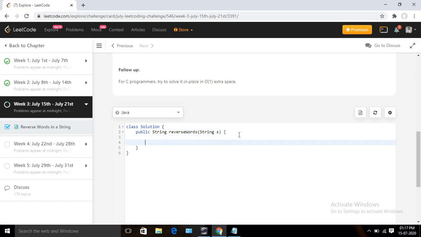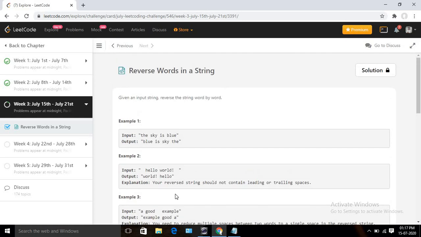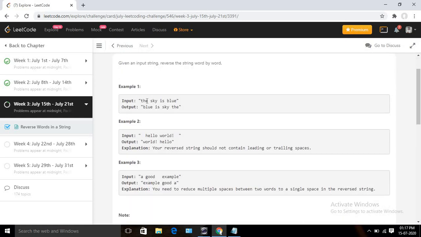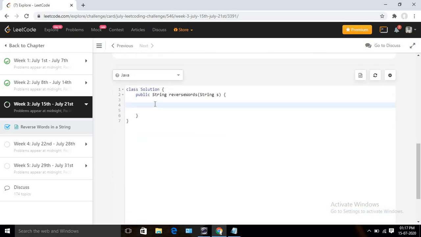Okay, so at first I will use the generic, easiest way we can do. So this is a string, right? If you need to pick the words, we need to basically split it. So let's split the string. It should be an array after splitting, so s dot split, and we should split by spaces.